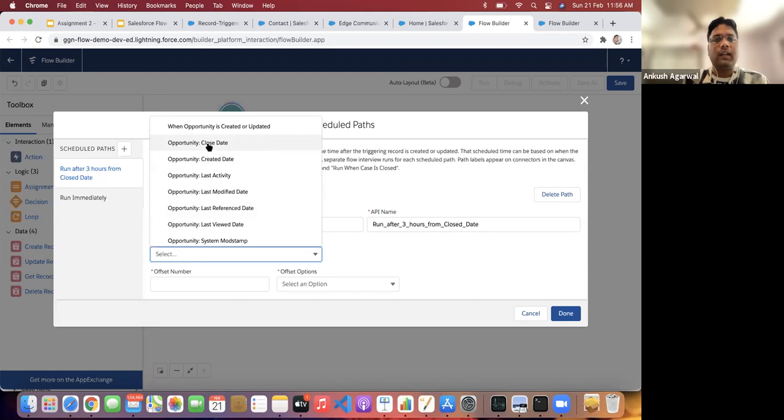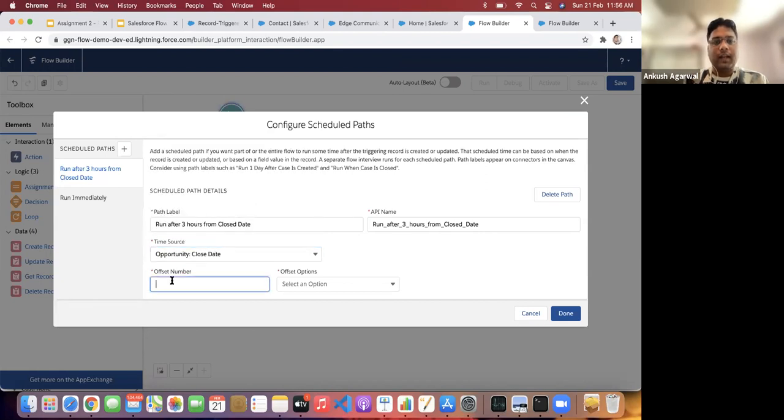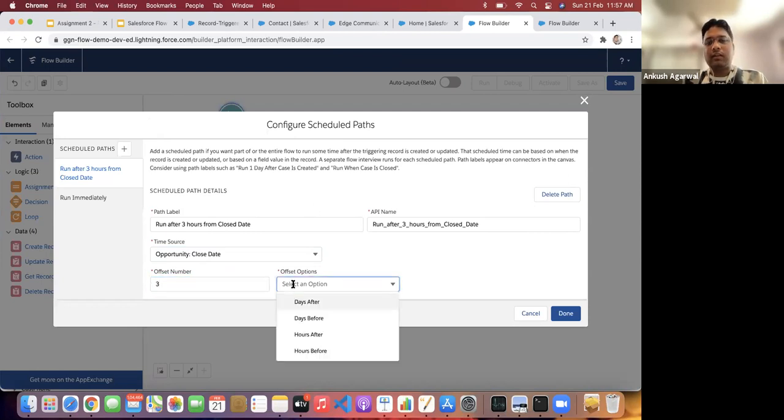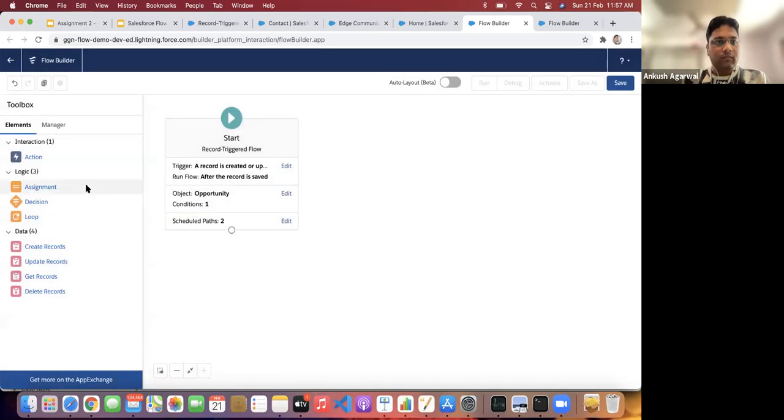So I'm just selecting close date, and how many hours, so 3 hours, and we'll mention hours after or before. So we can notify someone 3 hours after the close date, and we can perform the action.